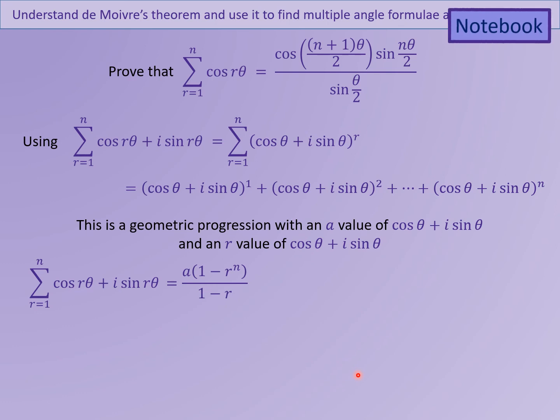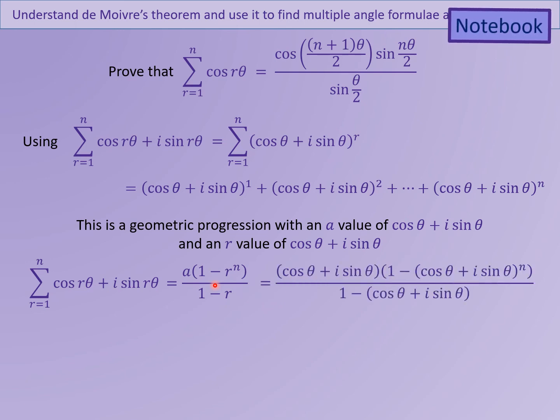And that is the sum of the first n terms of a GP. That formula is straight from your formula book. What I can do now is fill in the a value and the r value, so I end up with that. Right, now I can do some neatening up, or at least try to. So the first thing I've just done